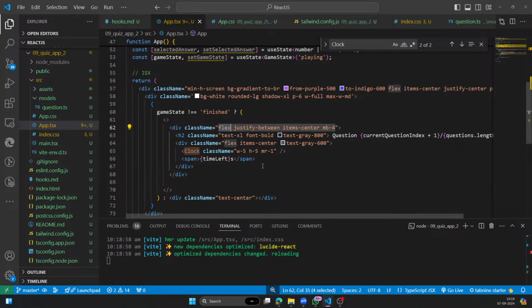Flex. Okay, these are the flex properties. The flex justify between is what we are actually using, and that's why we can see it like this, right? So that is the reason we can see it like that. The next thing is